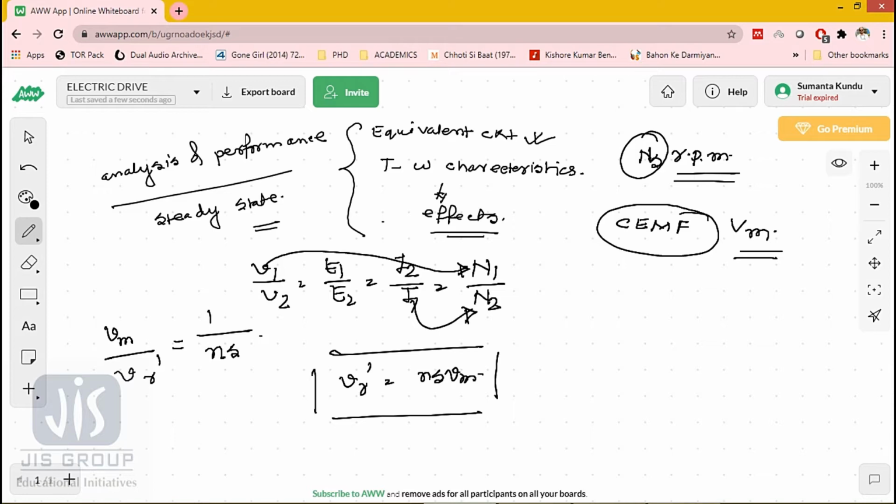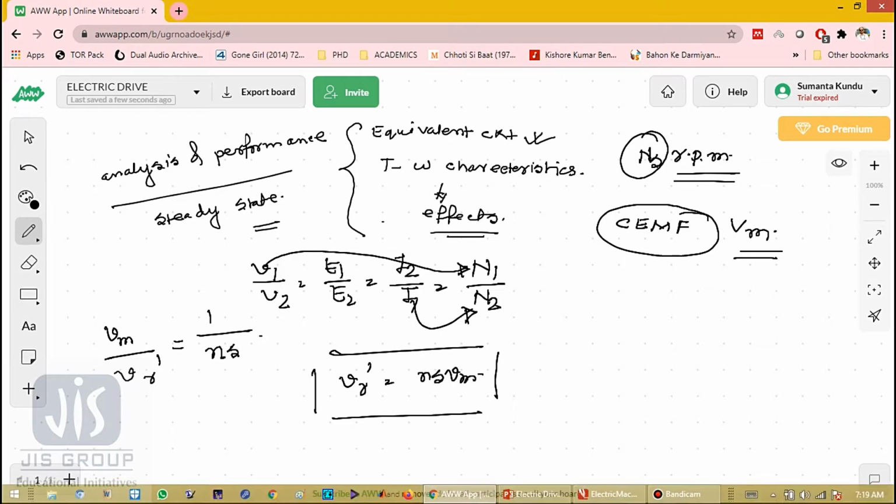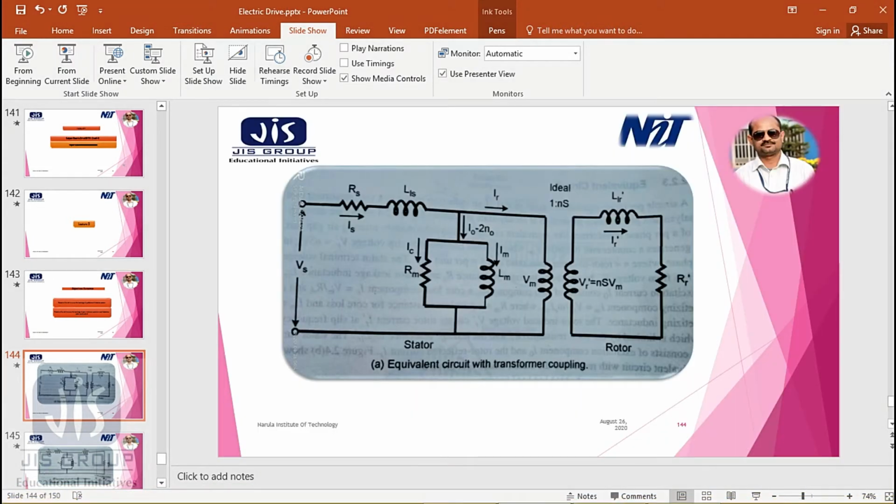supply voltage Vs. So if we see the equivalent circuit again, this is my supply voltage Vs, and this is my counter EMF, or you can say the induced EMF because of Faraday's laws of electromagnetic induction and Lenz's law. So this Vs differs from the voltage by a drop of stator resistance. So there is a drop in this stator resistance and this leakage inductance L1s.